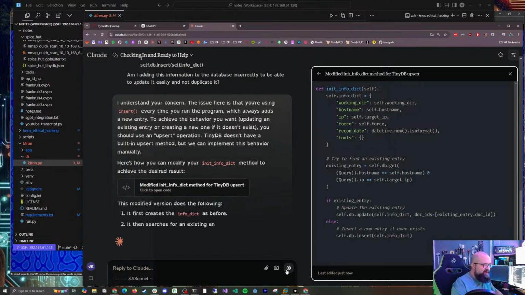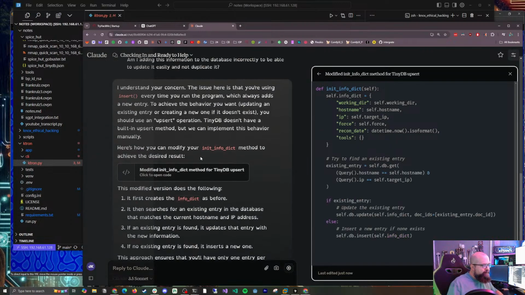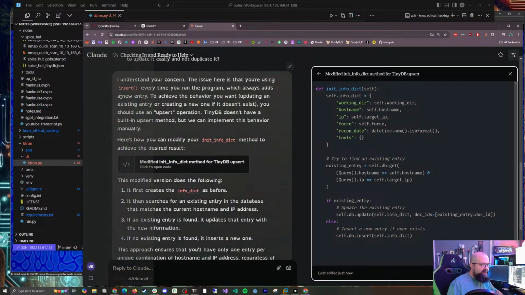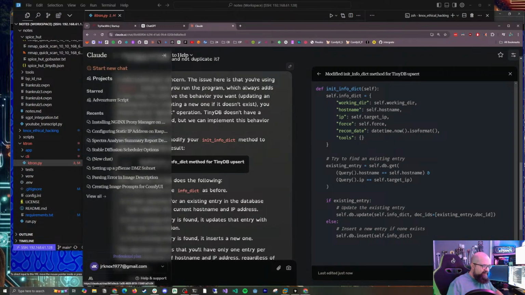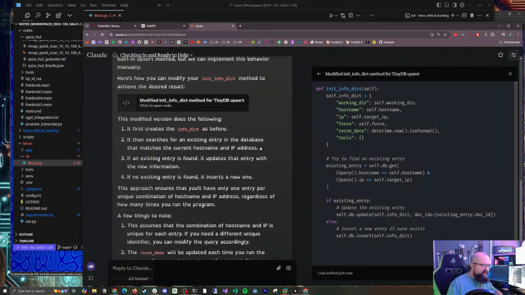The issue is that you're using insert every time you run the program, which always adds a new entry. To achieve the behavior you want, updating an existing entry or creating a new one if one doesn't exist, you should use upsert. TinyDB doesn't have a built-in upsert method, but we can implement this behavior manually. Here is how you can modify your infodict